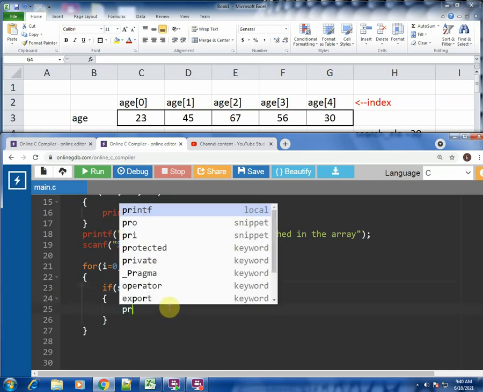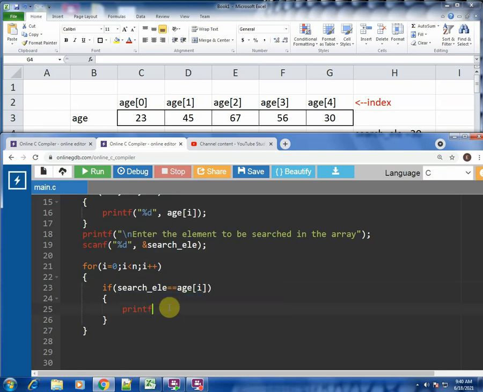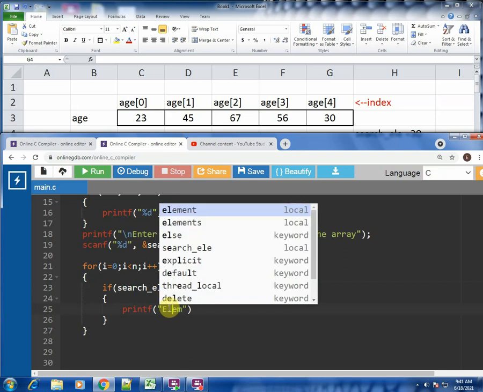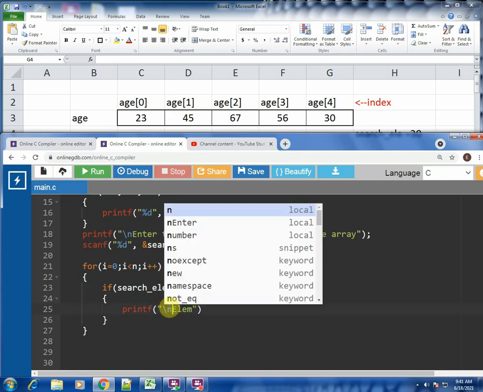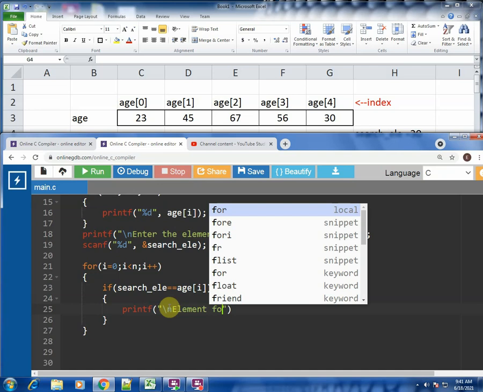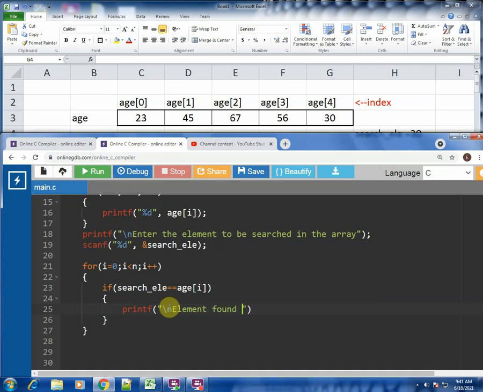What do we need to print? Let us just print one simple statement saying element found, and let us tell at which index it was found.